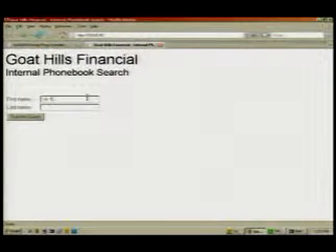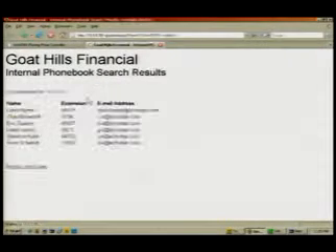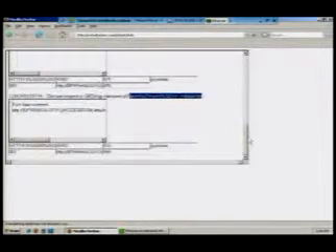I'm pretty sure a quick tautology will find one, and it does. And if we go back to the victim side, you can actually see the requests as they were being proxied. So at this point, the attacker would be able to continue browsing this website, or perhaps look for something more interesting.